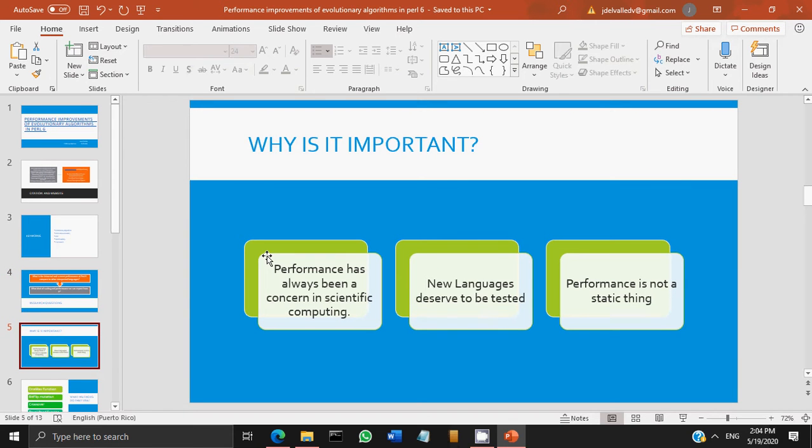So why is this important? Performance has always been a concern in the scientific community. Usually you want the fastest language. While this is important, other aspects such as available libraries, readability, and so on matter, and new languages deserve to be tested just because